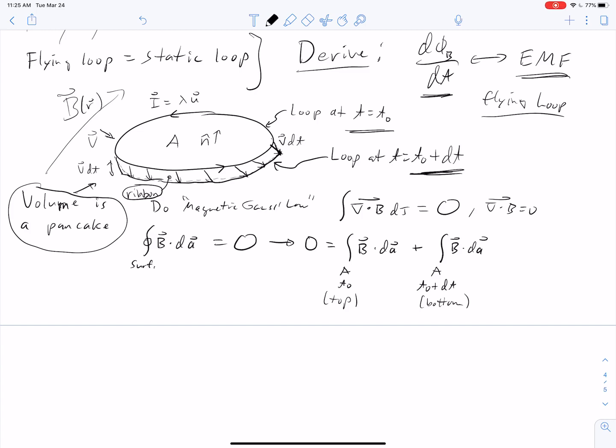So plus the integral, to do it correctly, I've got to do B dot dA over all surfaces. And this is going to be over the side, the ribbon, which is the side. If I do B dot dA on all three of those areas, then add them up, they've got to equal 0. Right? They do. And so if we do that integral, then I see that the top integral,